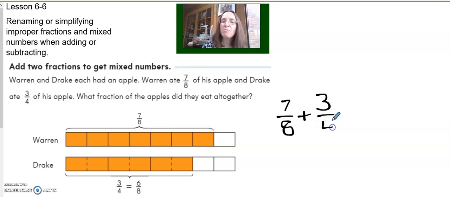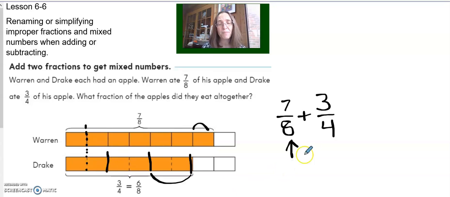And of course, the problem here is that I can't add eighths and fourths because they're not the same. I have to find a common denominator. And I notice that this thing keeps happening a lot. If I'm trying to find a common denominator for addition, I'm often making the pieces smaller. Now, if these are fourths right here, 1, 2, 3, 4, 1, 2, 3, 4. But we noticed, and they've already done this for us, that we can cut these things into 2 pieces each,